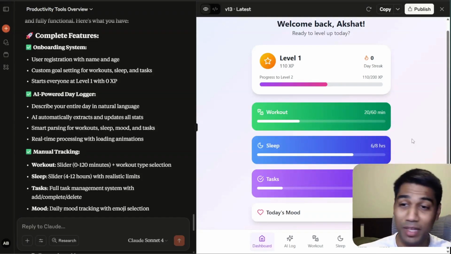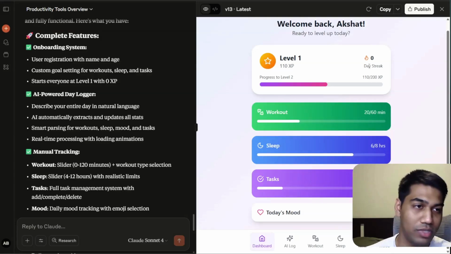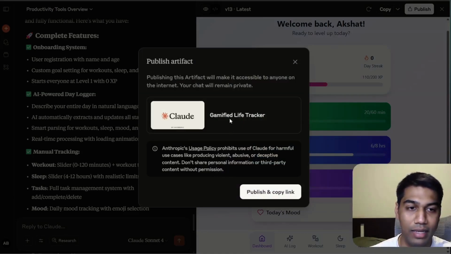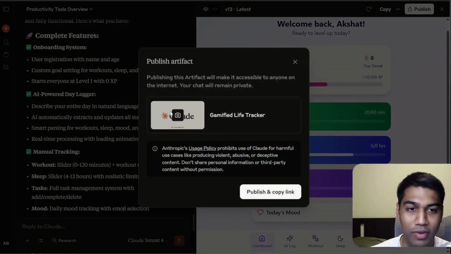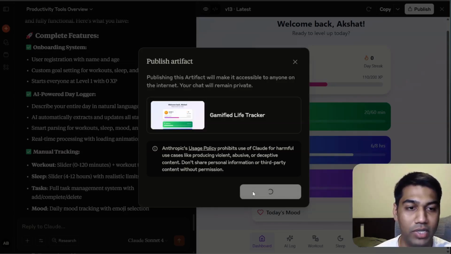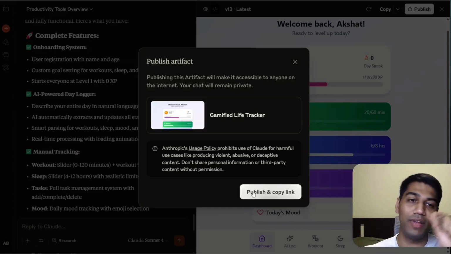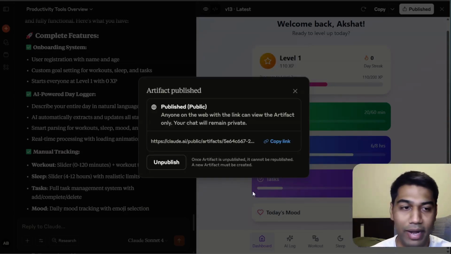So I don't need to manage an API key, I don't need to pay for any usage, everyone can use this. So let's say if you want to use this application and you have a Claude account, I can click on publish. I would technically also change the screenshot. So capture a screenshot, done, and click on publish and copy link. Now this link will be available in the description, so you can go ahead and try it out. I'll show you how this looks for anyone else.